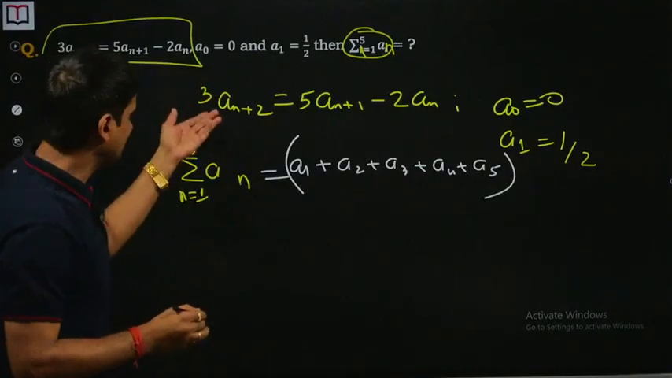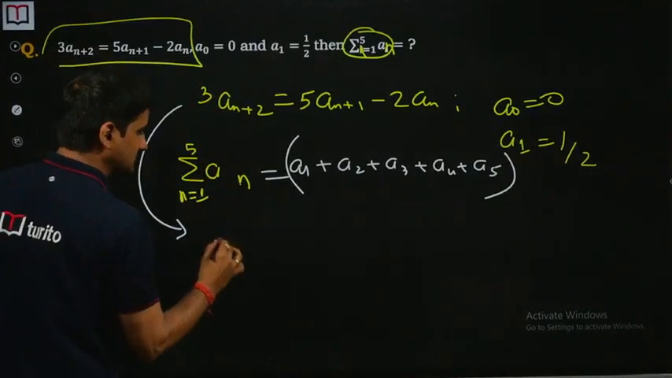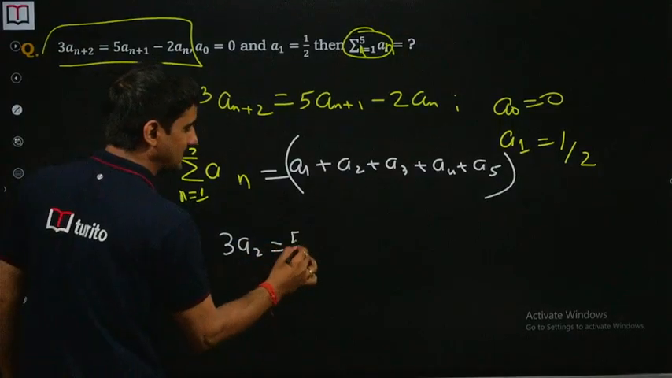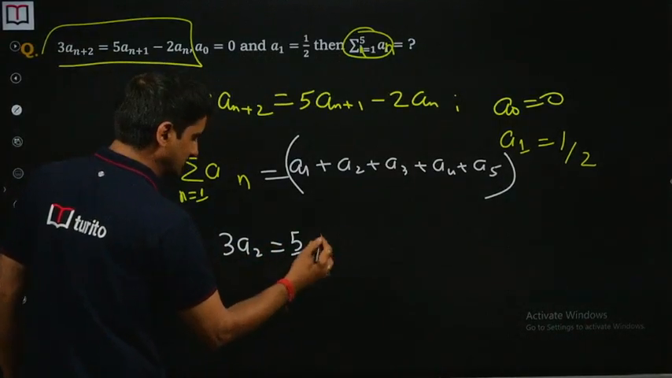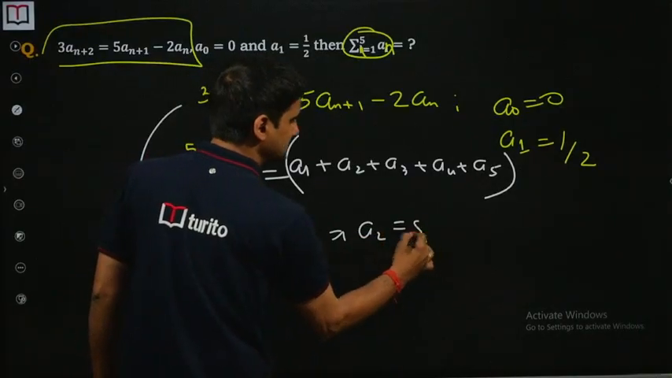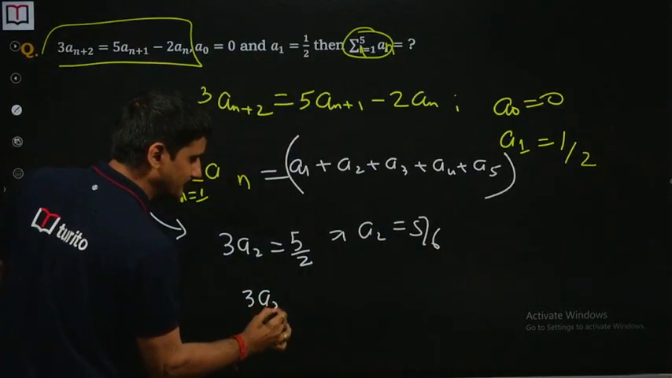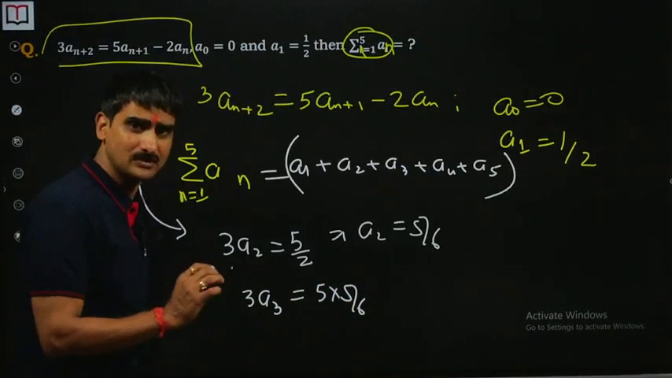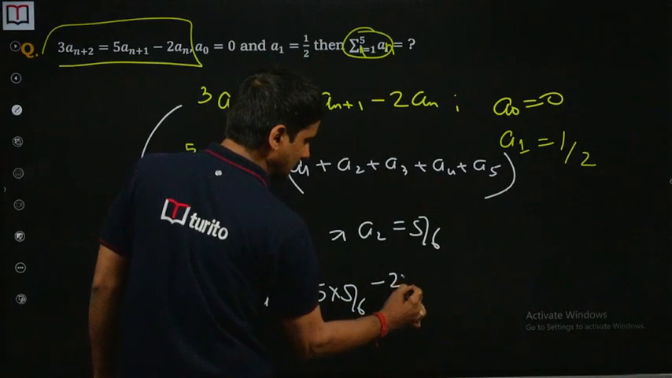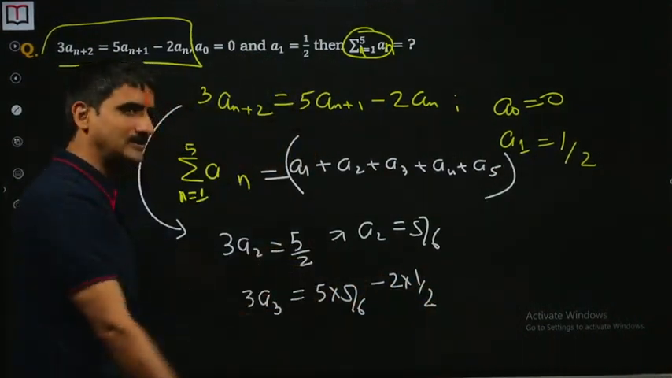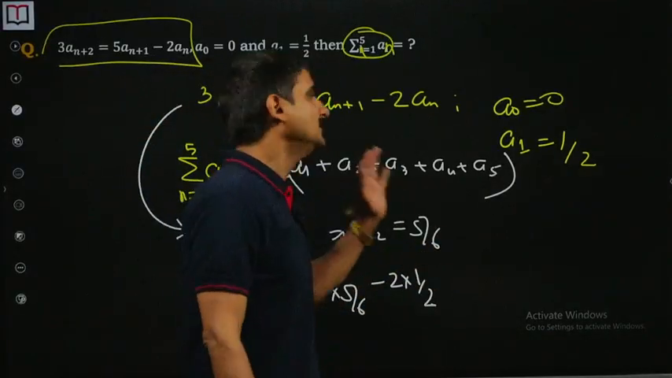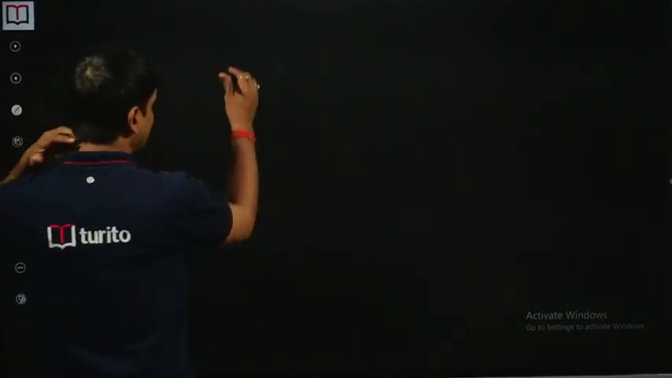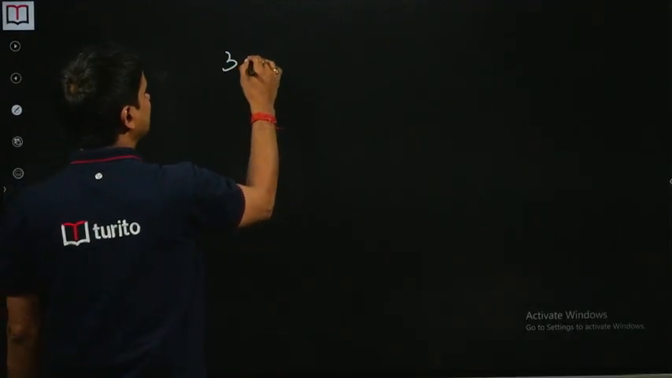If we put the value here, 3 times a2 is 5 times a1, which is half, and then minus 2a0, which is 0. So we got a2, which is 5 by 6. Similarly, 3 times a3 is 5 times a2, which is 5 by 6, and then minus 2 times a1, which is half, and then you can find just 2-3 more values and get it. But see, looking at it, if we go on writing it, bacho,